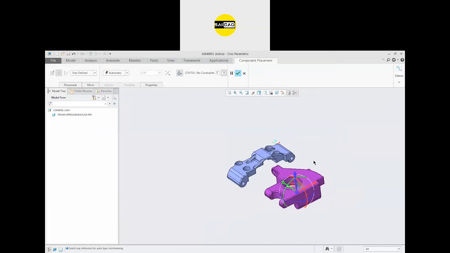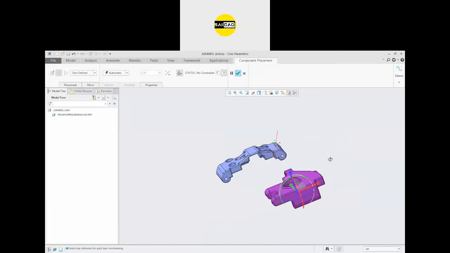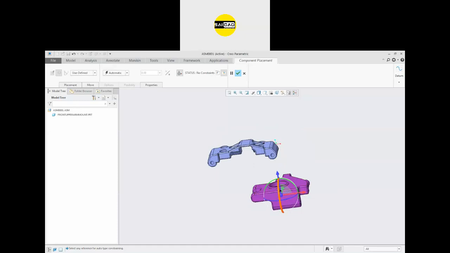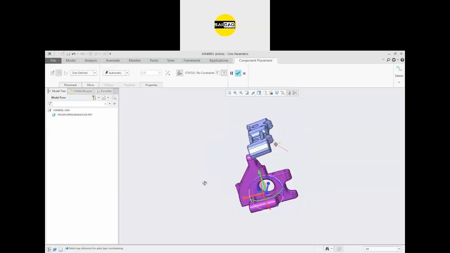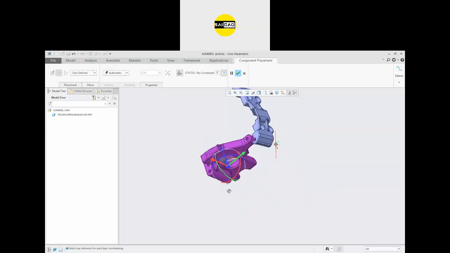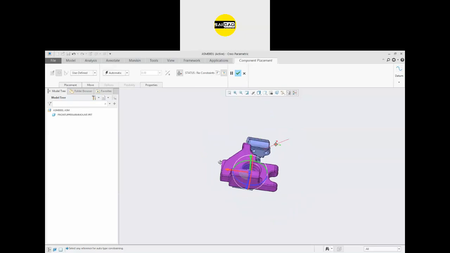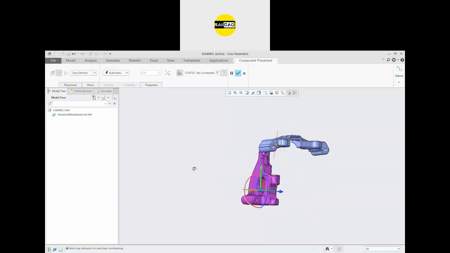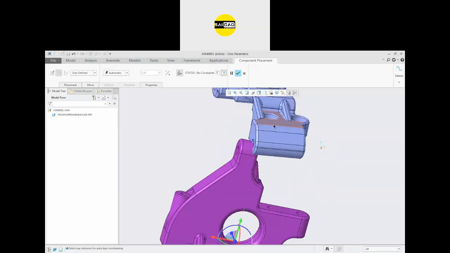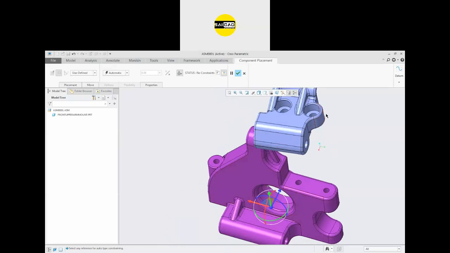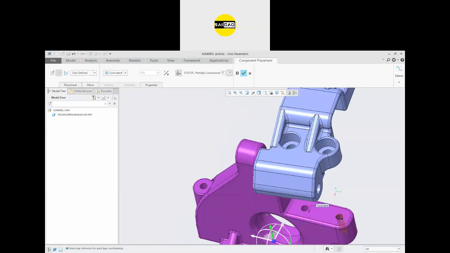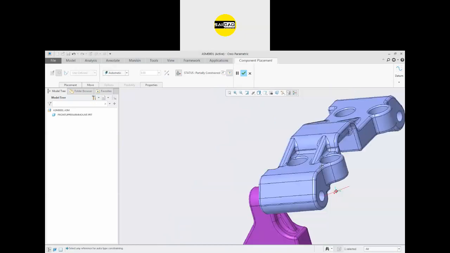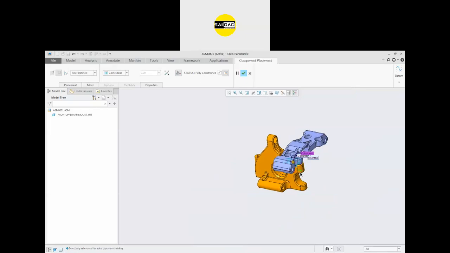After that, go to the assemble, import the second part, open. So these parts have some different options because these are the left and right parts. So first of all, you have to check which part will be placed in which direction. Okay, so let's see here. So this part will be placed here because we have some circular face here. So this part will be constrained like that, and we have to apply some face-to-face relation like that.